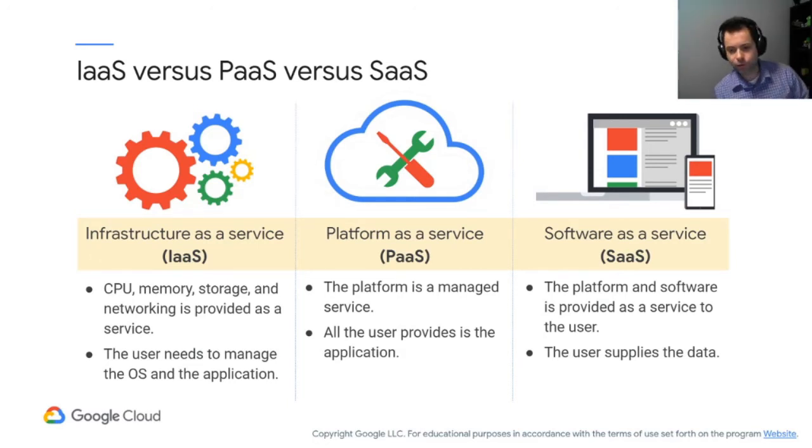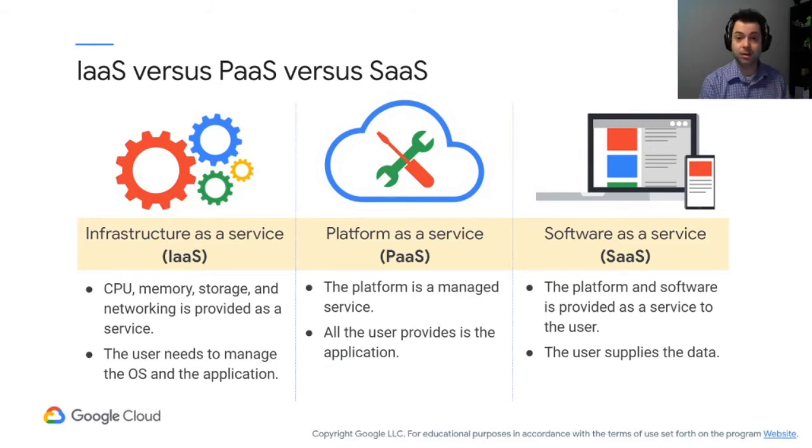The second one's platform as a service. So the platform itself is the managed service, and that's exactly what it says right there, right? So effectively, you're taking that virtual configuration out of the equation and you're just providing the application, right? I'm putting up something that has to be run. And I don't care what operating system it's being run on. I don't care what delivery system it is.